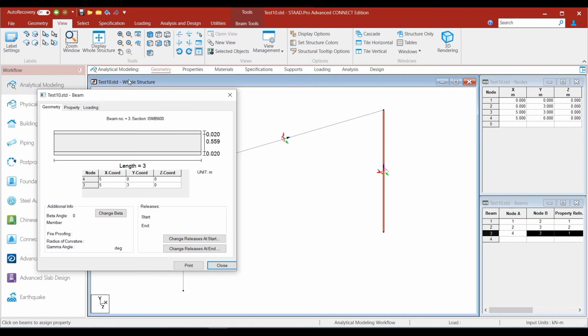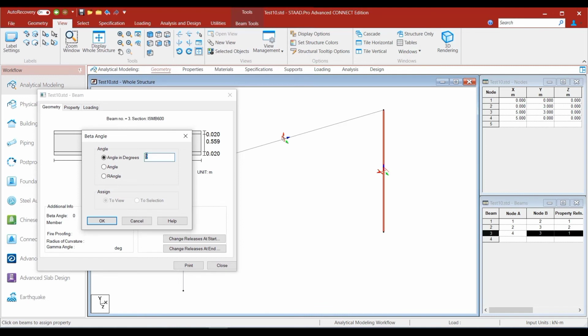Now we can see that double clicking on that member brings up the member query box, and under the additional info category we can see that the beta angle has been specified as 0 degrees. Now, we click on this change beta button to change the beta angle,